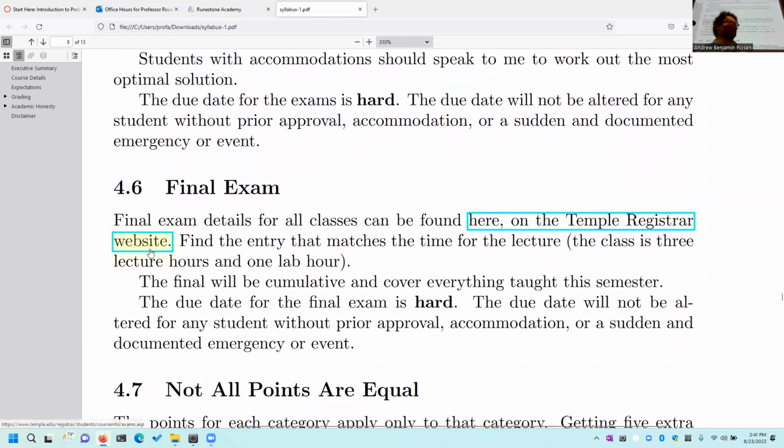Final exam, I've got to fix the link to that. I find out the day and time for the final exam, same as you. The main thing that you should know as a student for final exams